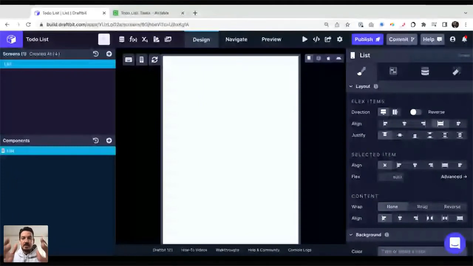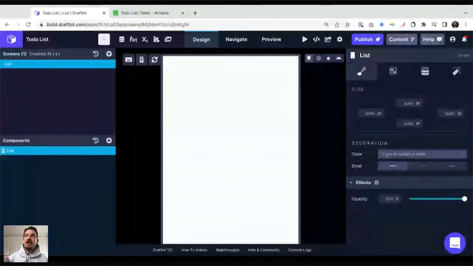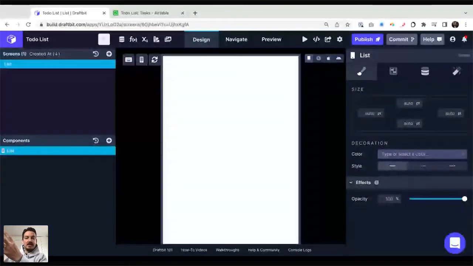Right in the center is my canvas, essentially where I'm going to see what I'm building. And on the right-hand side, you see there's a lot of little buttons and icons. It can be a little overwhelming, but this lets you customize more or less everything. Everything that you can do in code, all the settings that you have access to in code, we surface on that right-hand side. So it's very complete.